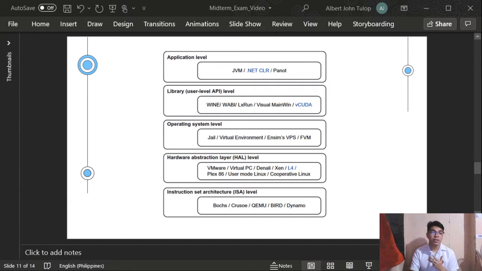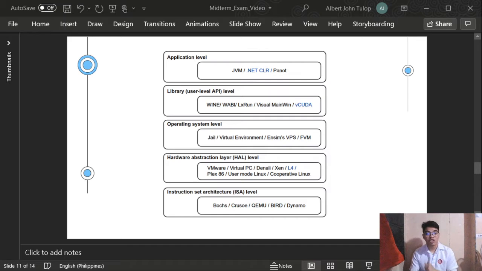Fourth one is the hardware abstraction layer level. This level helps form the virtual machine and manages the hardware through virtualization. It enables virtualization on each hardware component such as input-output devices, processors, memories, and etc. This way, multiple users can use the same hardware with numerous instances of virtualization at the same time.